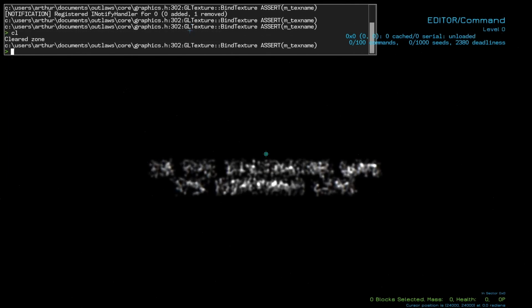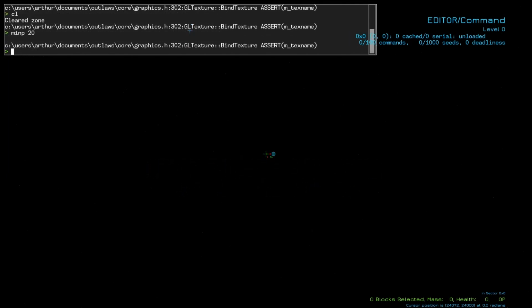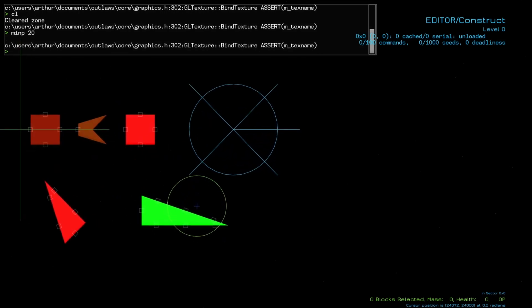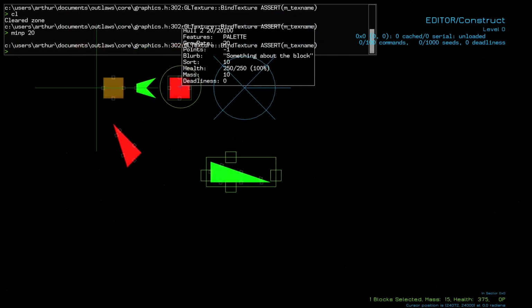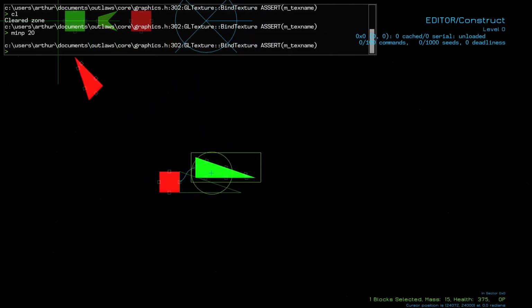So we're going to hit OK on that, go back and go into our sandbox where we can write CL to clear everything and then min P20 to get our palette. And you can see that this is our 3x1 scale square. So if we grab this red square, you can see that